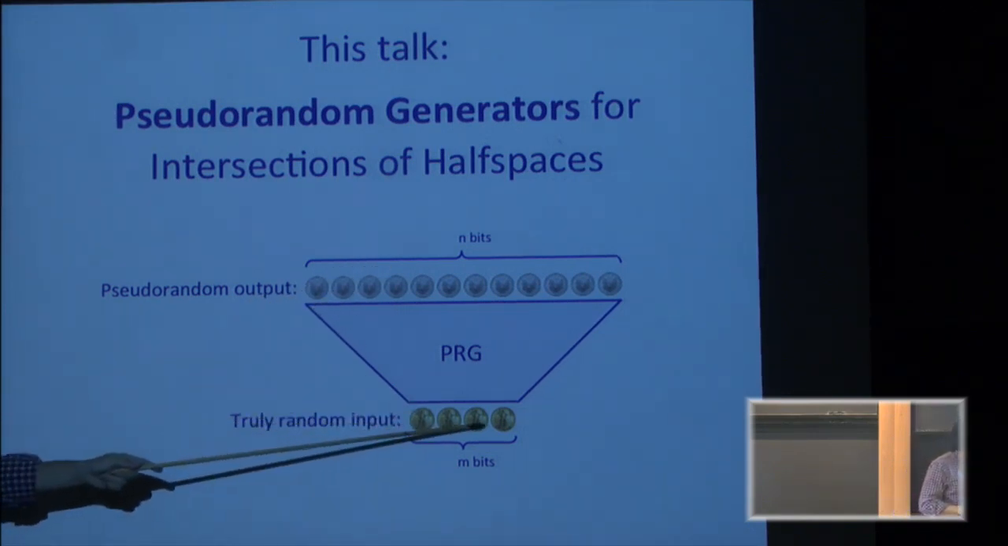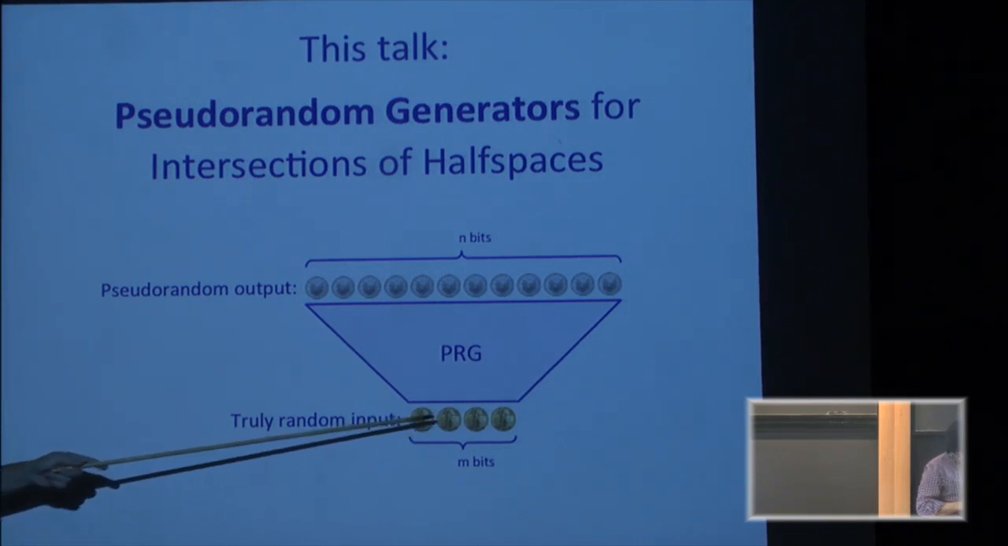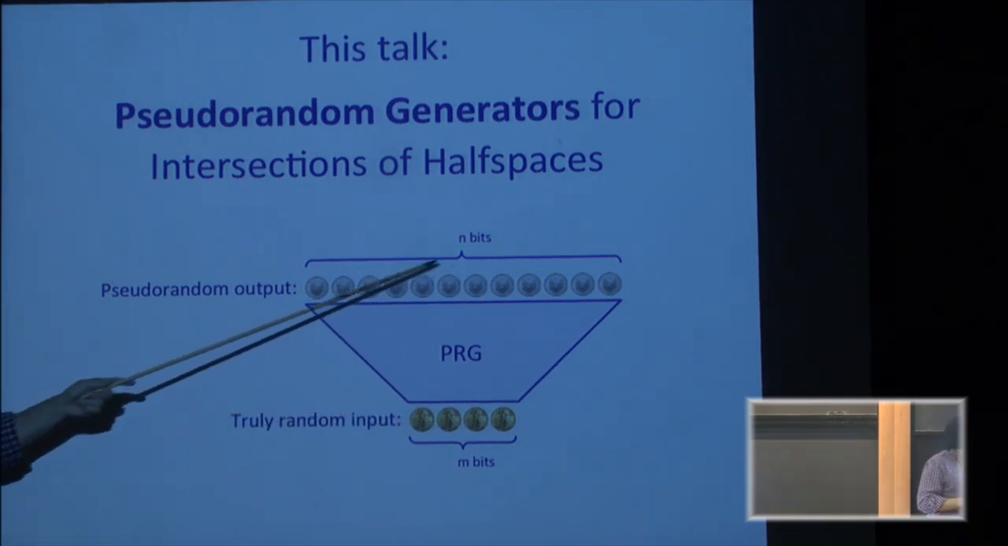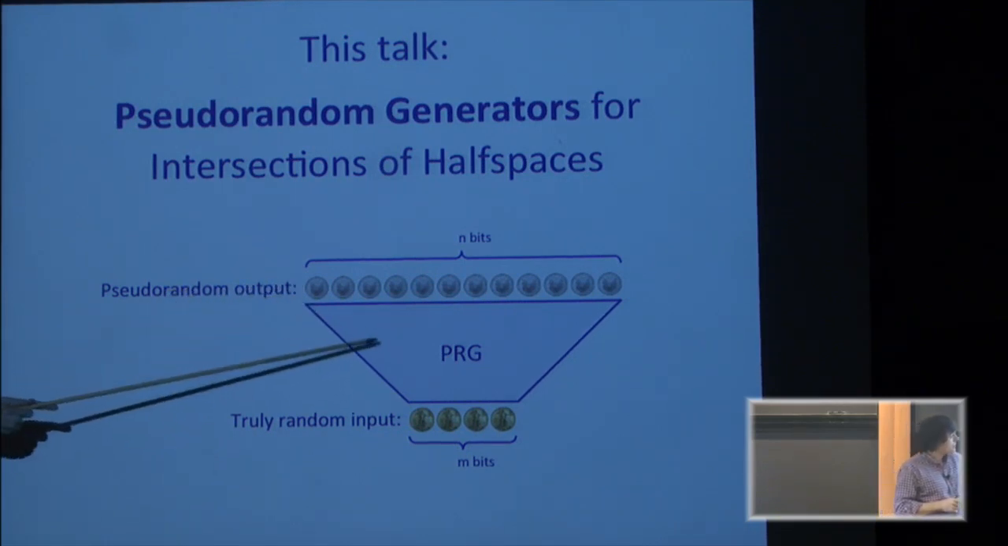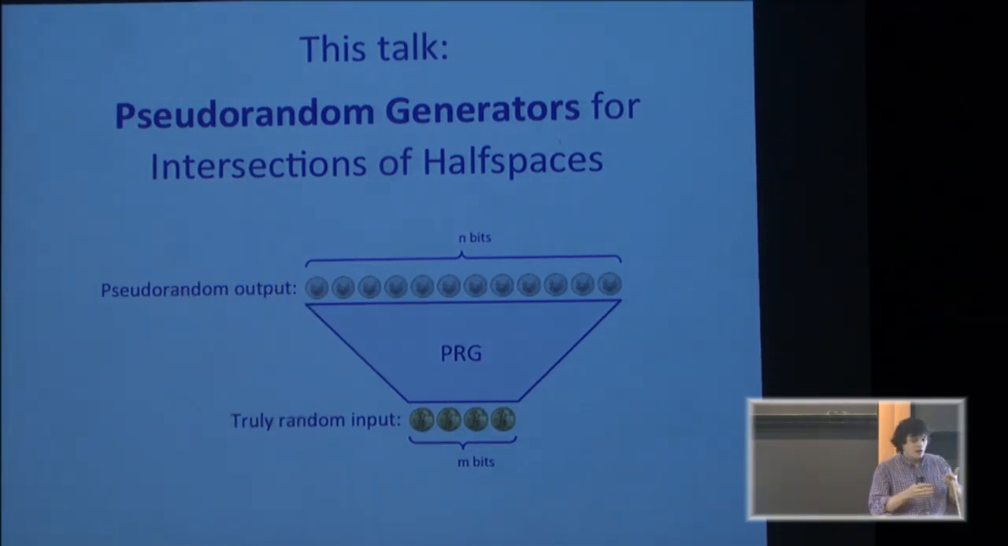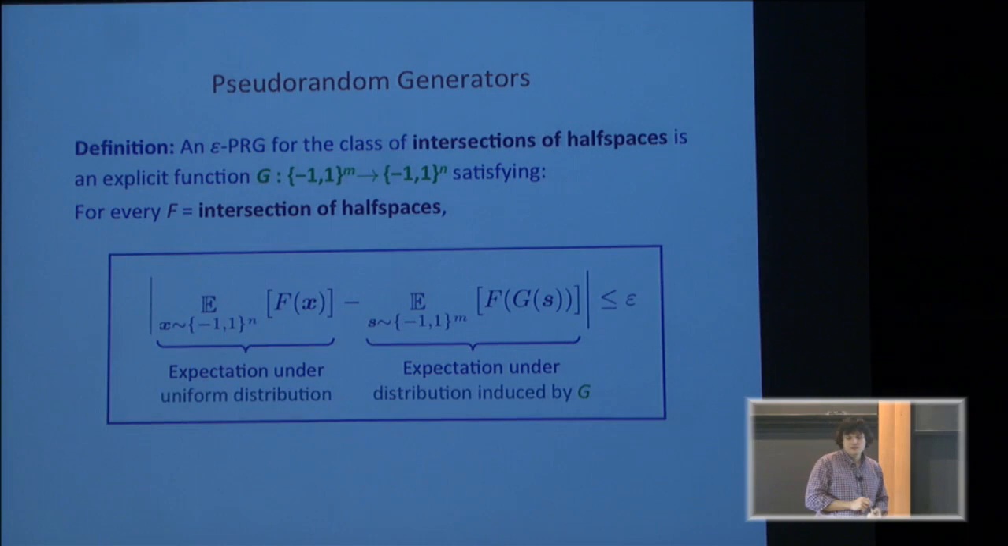So on being fed truly random input bits, it's not going to give us obviously truly random outputs, but the output of a pseudo-random generator should have enough randomness to look random to the functions that we're trying to fool. So that's exactly what the formal definition of pseudo-random generators says, right? If we have an epsilon pseudo-random generator for a class of functions, for us it's going to be certain intersections